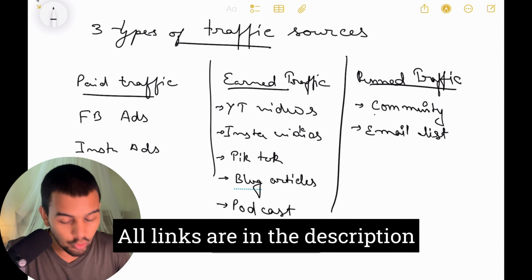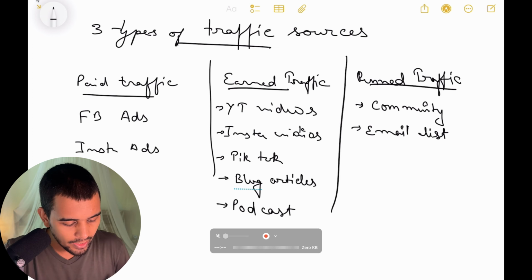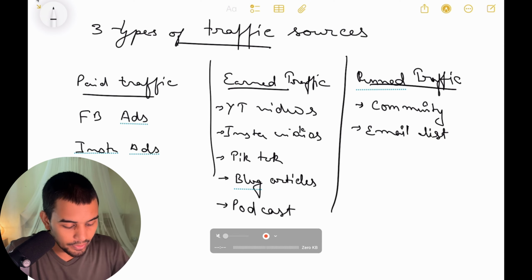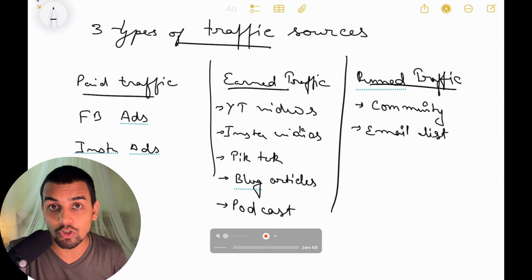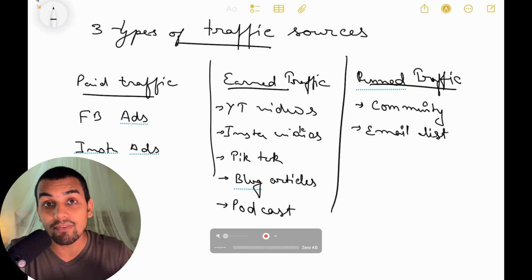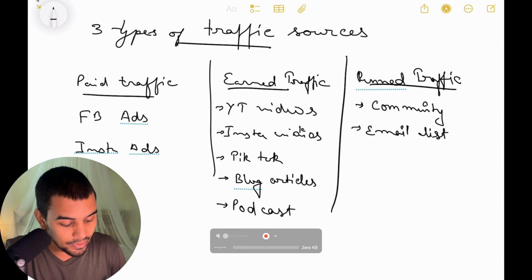I run this community called Hub. This is an exclusive community, invite only, not for everyone. And when I offer products, they can get access to this before other people. Then I also have an email list of around 200 to 300 people while I'm recording this. The more videos I create, the more paid traffic I run, I will keep increasing my email list and community members.